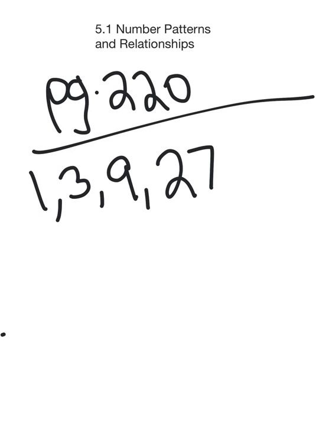This video is on lesson 5.1 in our textbook called Number Patterns and Relationships. Chapter 5 is about algebra, and our first step is to look at things called number patterns. So for example, if I have a number pattern that says 1, 3, 9, 27, first thing we have to